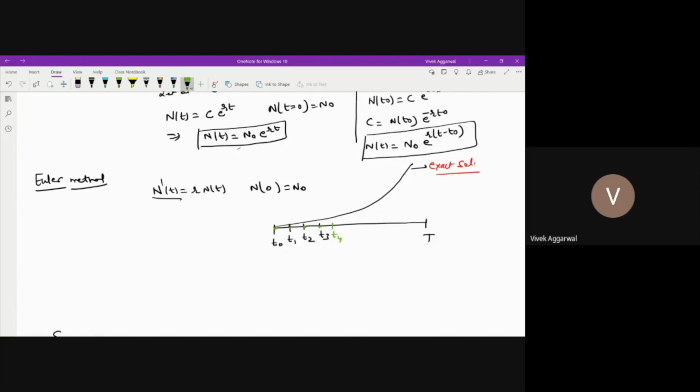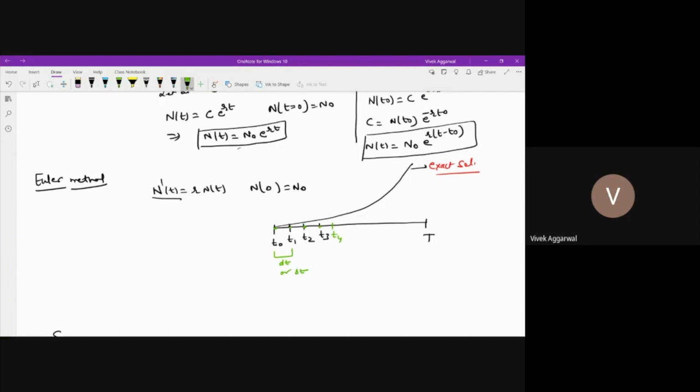So what I'm doing, I'm taking this step size as dt or delta t. Then I can take this differential operator and solve this equation at any tn.